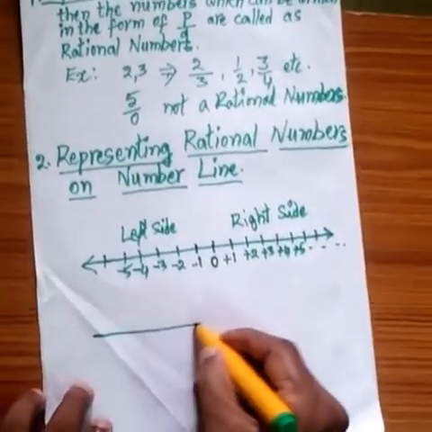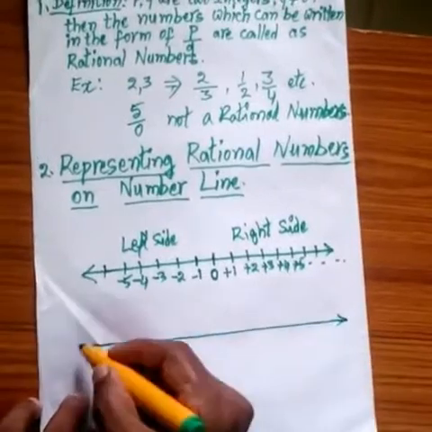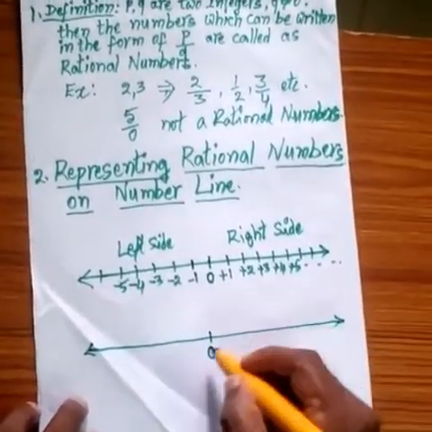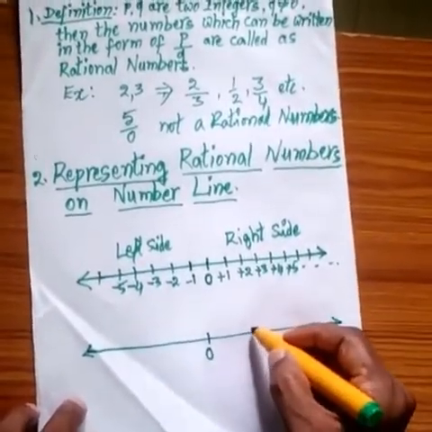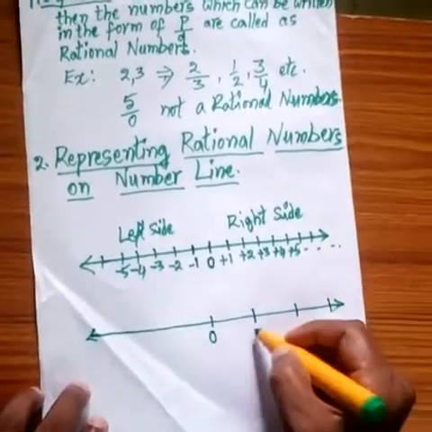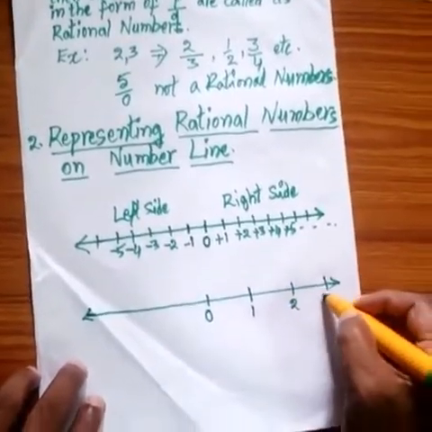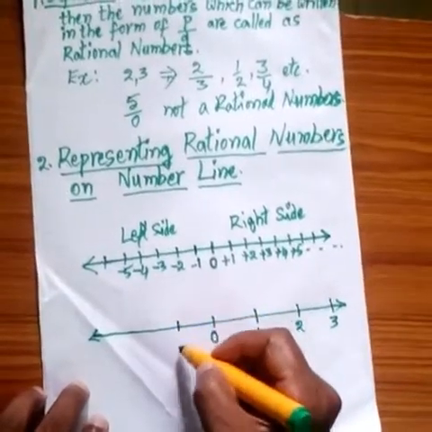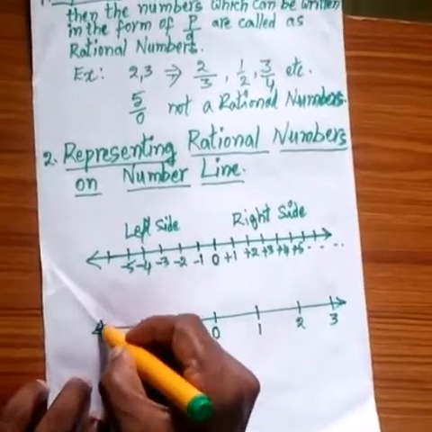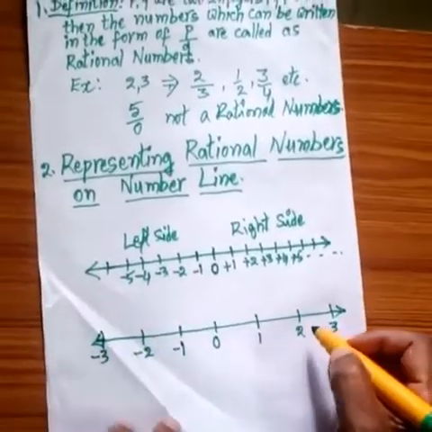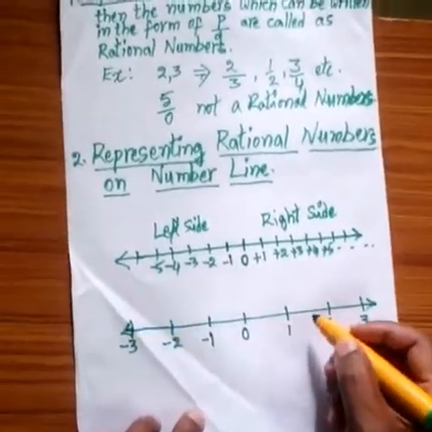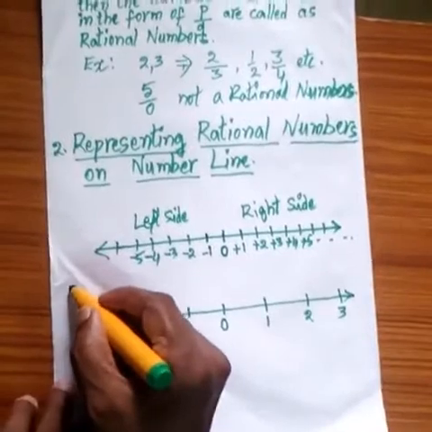Let us take another number line, and at the midpoint let us write 0, and divide this line into 3 equal parts, and this is 1, 2, 3, etc. On the left hand side also let us take -1, -2, and -3. We are taking 3 points on the right side and 3 on the left side. So to represent 2 by